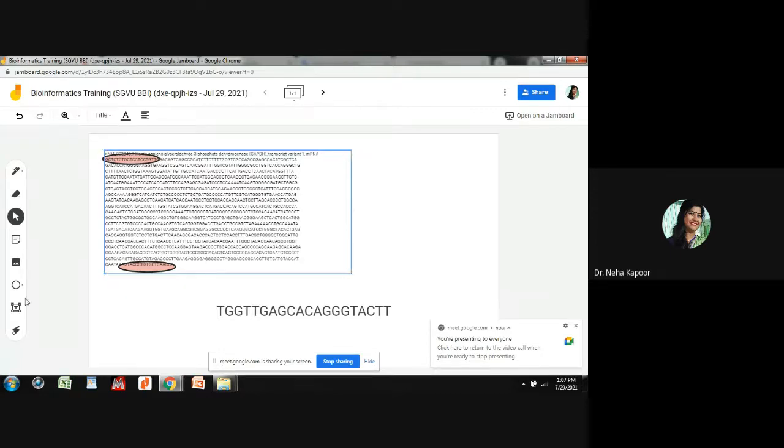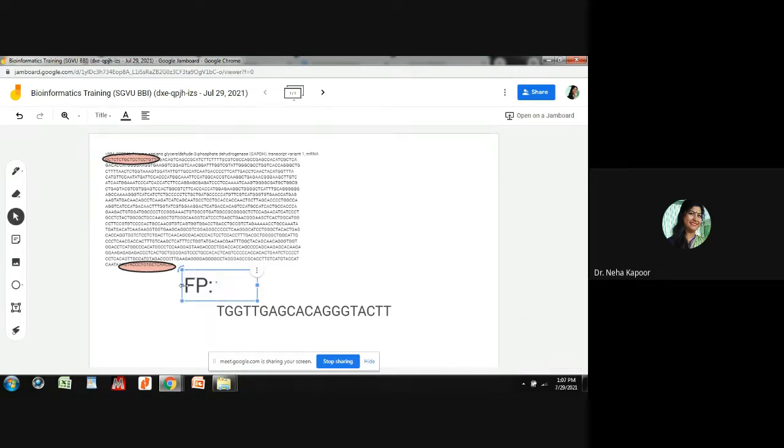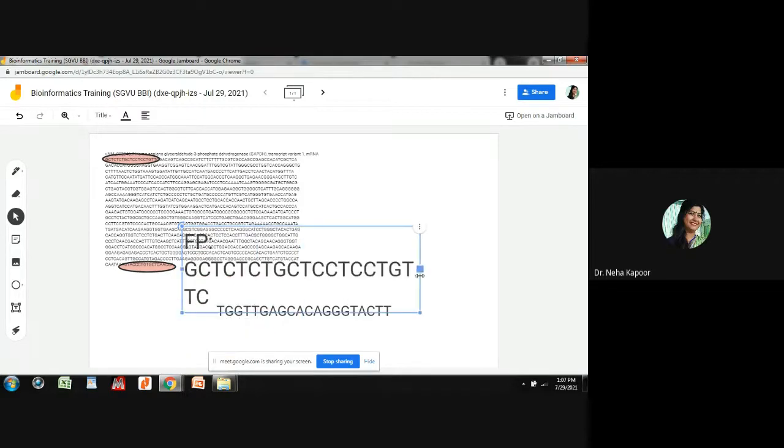So I am writing it as forward primer, and this is the primer I have used. If you want full length gene, forward primer selection is not so tough. It is quite easy actually.